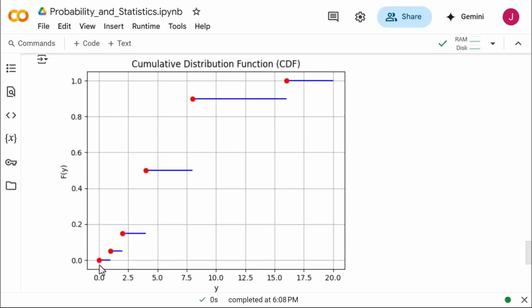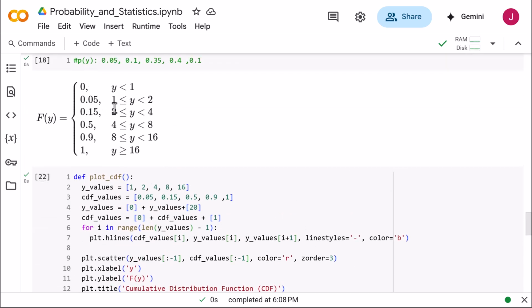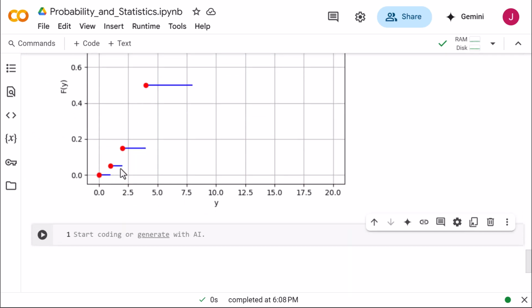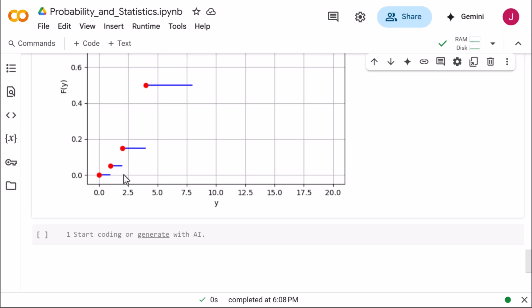So you can see here it's like a step function. So you can see up to here 0, right? Then we have here, so from between 1 included up to 2, right? So 1 included up to 2 is something here,